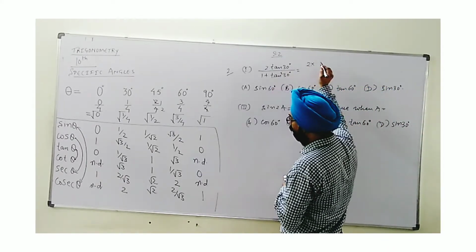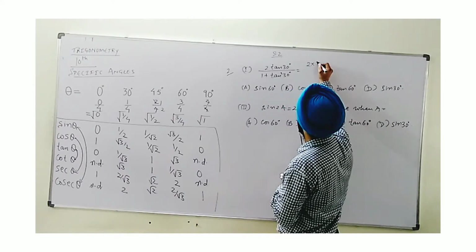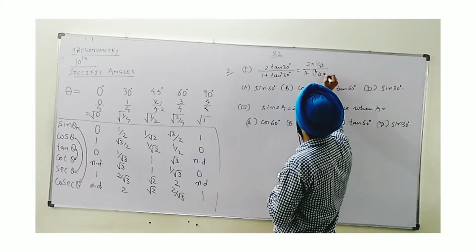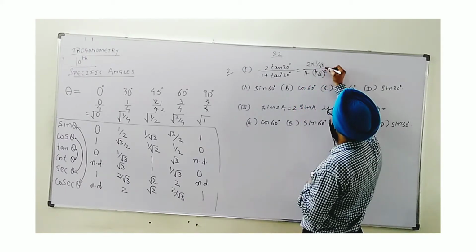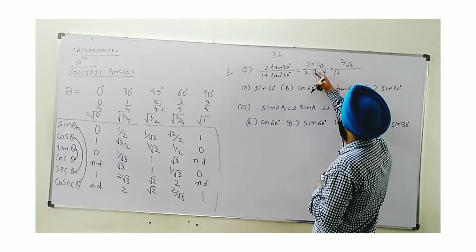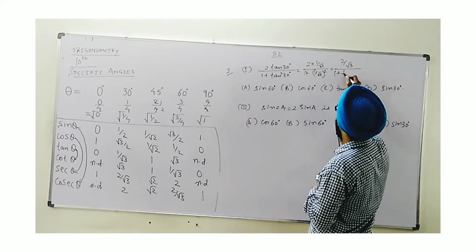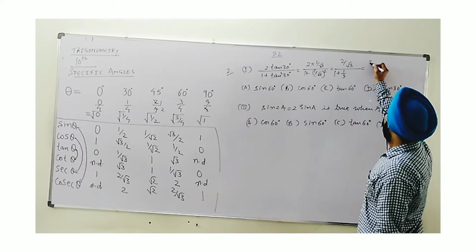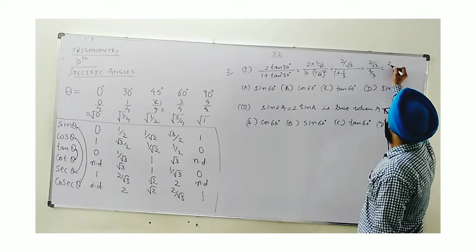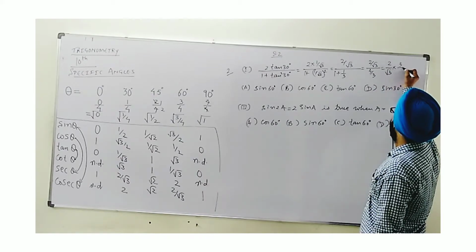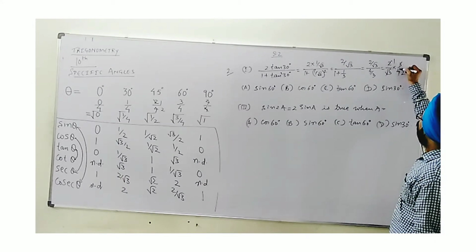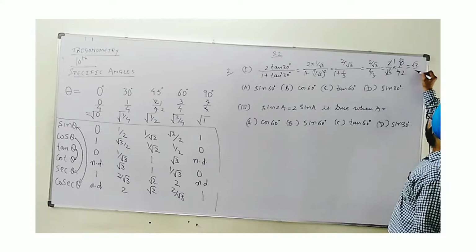Tan 30 is 1 by root 3. Here 1 plus 1 by root 3 squared. So you can say 2 into 1 by root 3, 2 multiplied by 1 we get 2 by root 3, divided by 1 plus the square of 1 by root 3, which will be 1 upon 3. Now let's simplify. We get 2 by root 3 divided by 4 by 3, or 2 by root 3 into 3 by 4. Let's simplify. 2 ones are 2, the root 3 cancels, leaving root 3 only. So finally root 3 by 2.